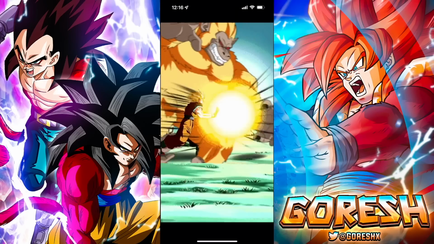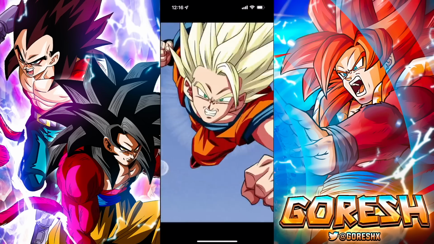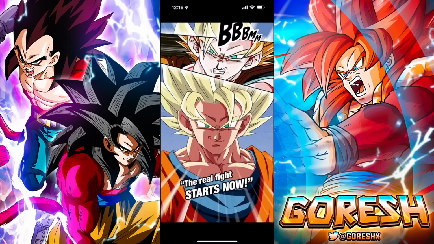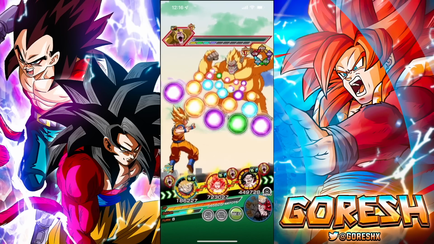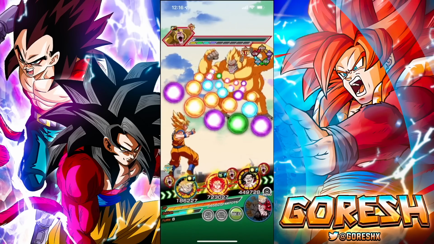Alright. Okay, I kind of don't want you to do anything here, but whatever. Okay. Oh, he is below 50% HP, so we could actually use the active skill here. I think we'll do it. Yeah, let's just do it. So,